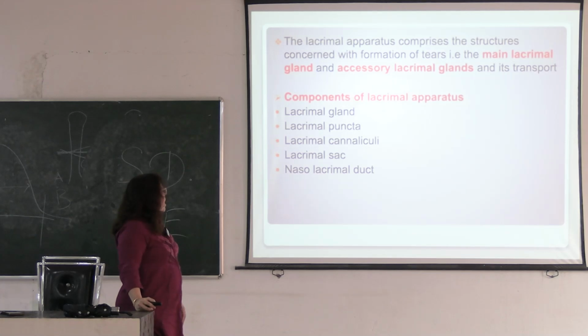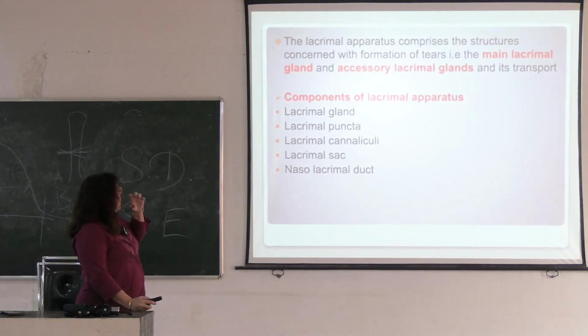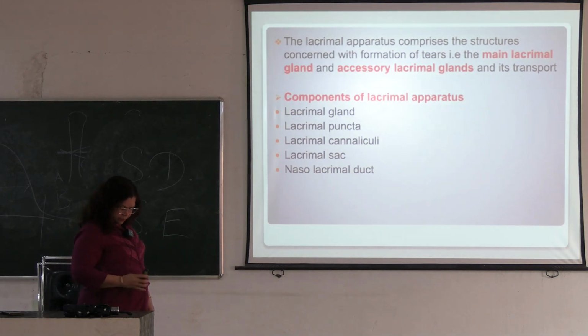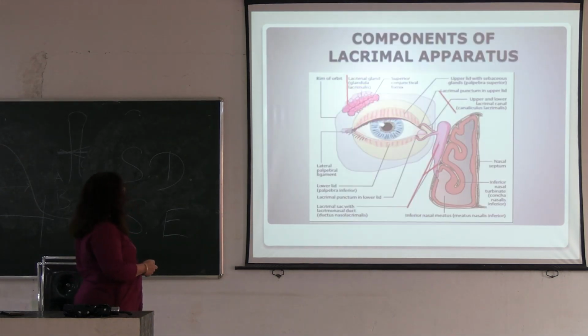So, components of the lacrimal apparatus. Lacrimal apparatus is comprised of the lacrimal gland, lacrimal puncta, lacrimal canaliculi, lacrimal sac and the nasolacrimal duct. This is the diagram of the lacrimal apparatus. This one is the lacrimal gland. Here tears are secreted, and through the lacrimal duct it comes to the conjunctival sac, and through the conjunctival sac